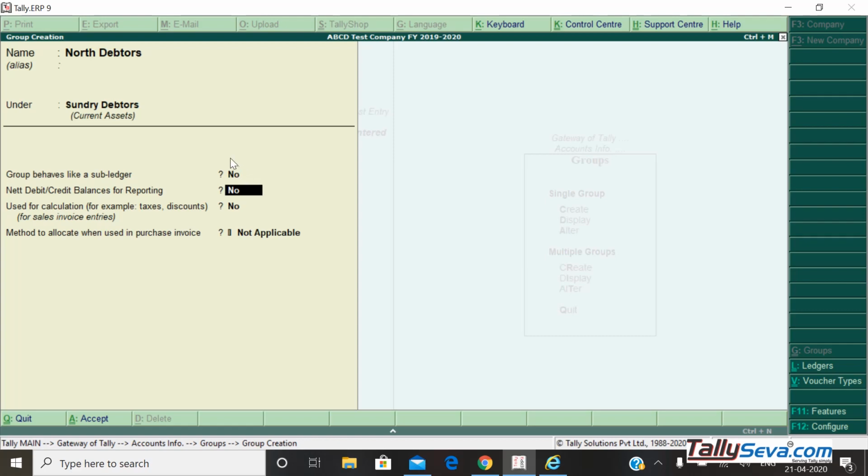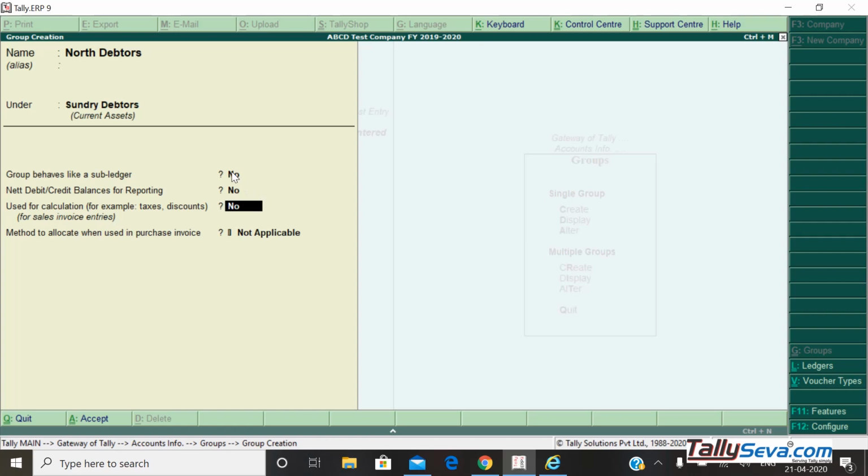Net debit, net credit for reporting: let's assume north debtors total value is 20,000 debit, 10,000 credit. In the trial balance it will show debit 20,000, credit 10,000. If we put yes here, then it will adjust the debit and credit and show 10,000 as the net debit.